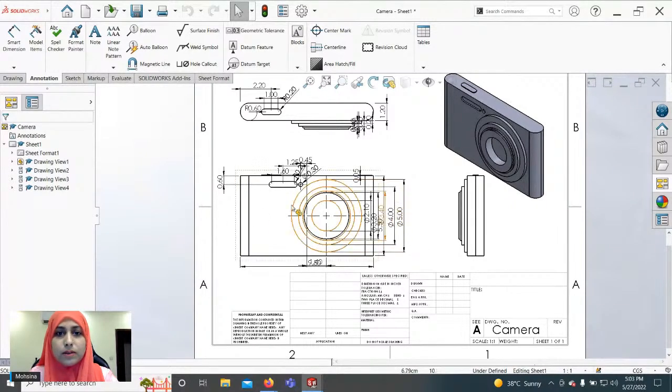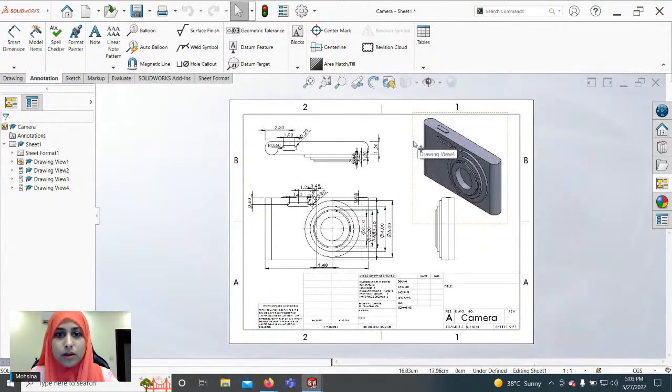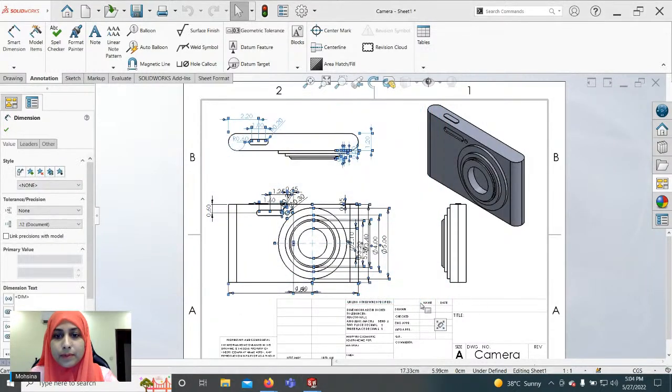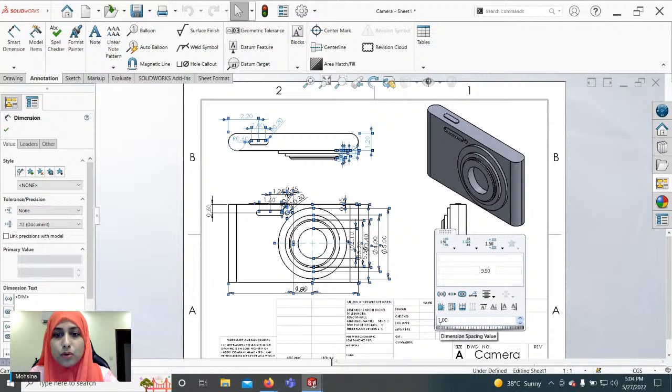So now it looks all jumbled up and is not clear at all. I cannot understand the dimensions, and the client or vendor would not understand it as well. So for some housekeeping, let's create a window around it. An icon will appear, hover over it, and here is the tool Auto Arrange Dimensions.